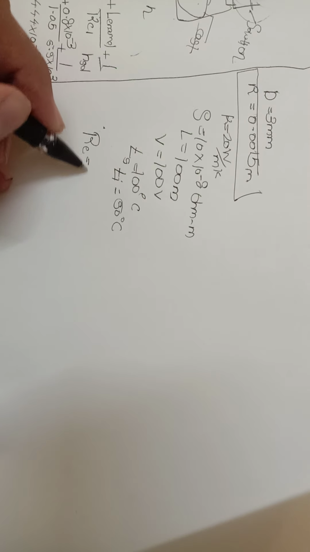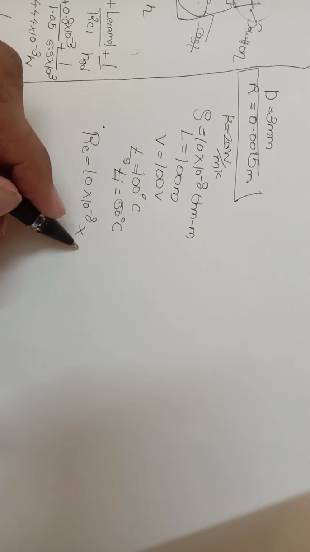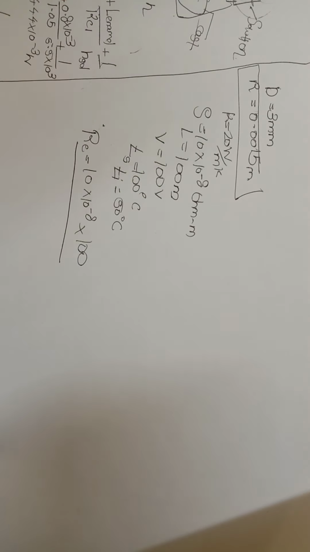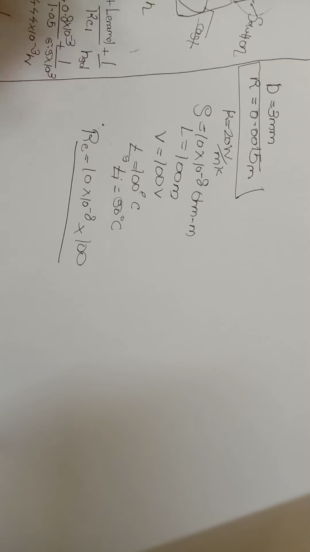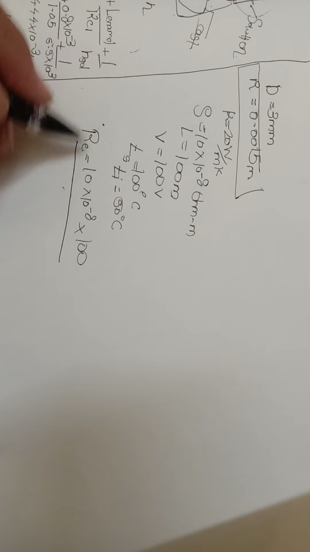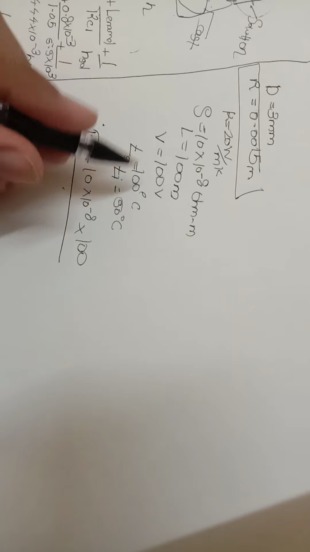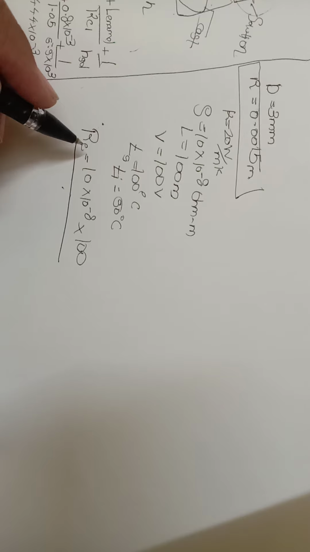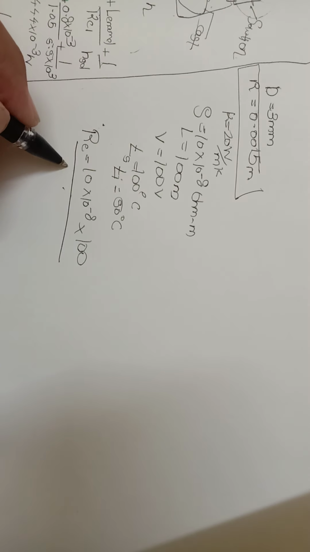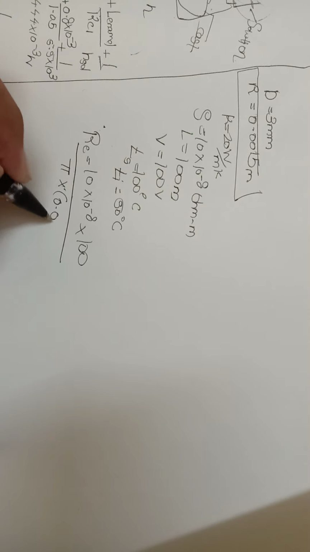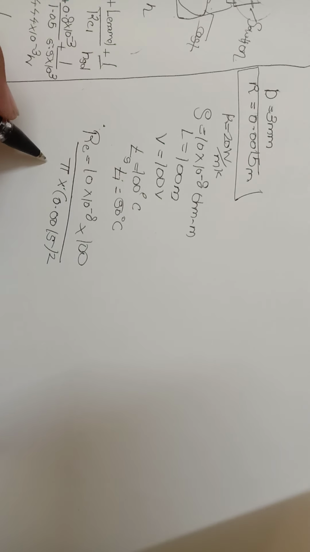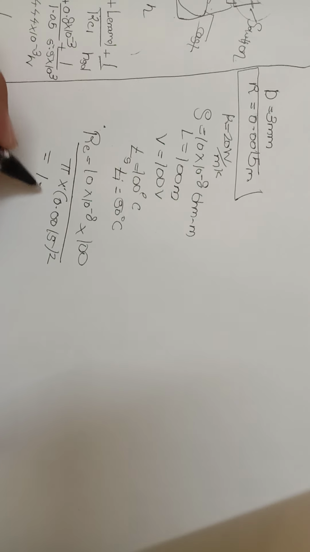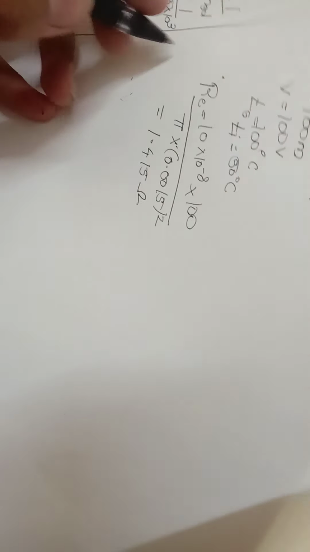So R is what? Rho L by A. What is rho? 10 into 10⁻⁸. What is L? 100 meter. You have to think; if you link the formula then only you will reach the answer. That's the basic ideology. A for a wire, with diameter given, is pi r square, so pi into 0.0015 square. So rho L by A gives 1.415. You can calculate to cross check if the answers are right.